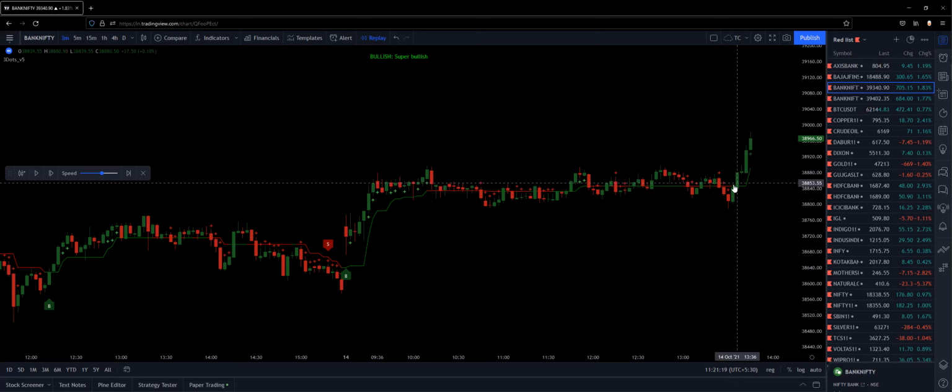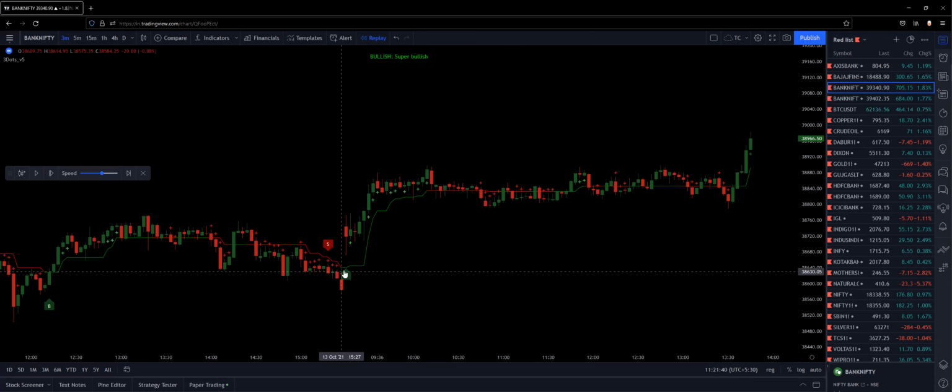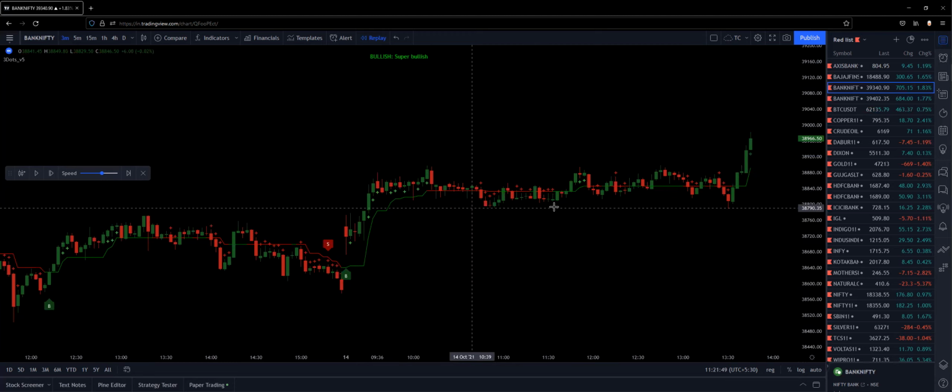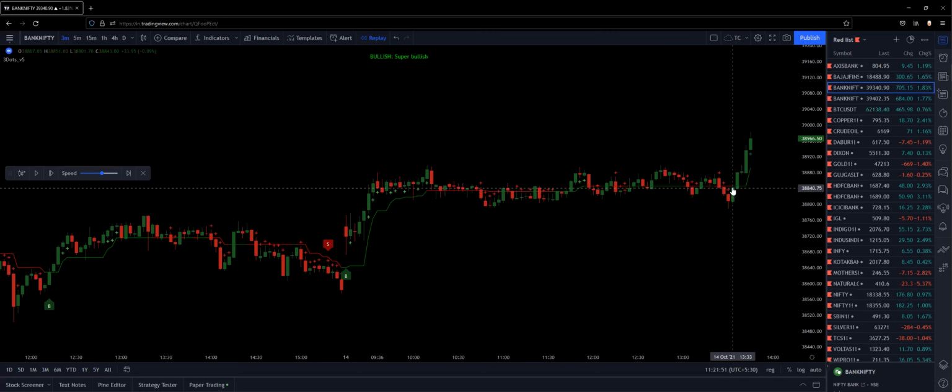Then it started showing you super bullish. I think even prior to that, it was a bullish message here. Bullish entry would be there, and then super bullish is there. So this is a beautiful trade opportunity for you, and you should be going long with this, right? If somebody has missed this, you should be waiting for this opportunity. The complete day it was range bound, so no need to take any trade.